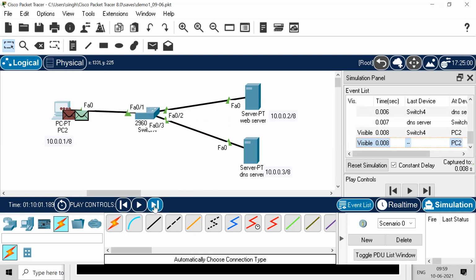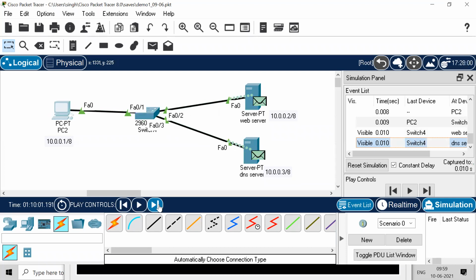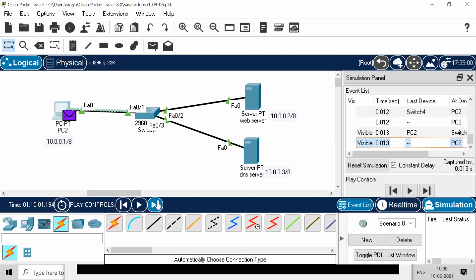Then your TCP handshake goes. Now you're doing the handshake with the server. Your first handshake is happening. The second handshake has been replied by your server. And then comes this blue packet, which is your HTTP request. So first the third handshake will go. The green color packet is the third handshake. And then your HTTP request also goes up to the server. So the request has gone.